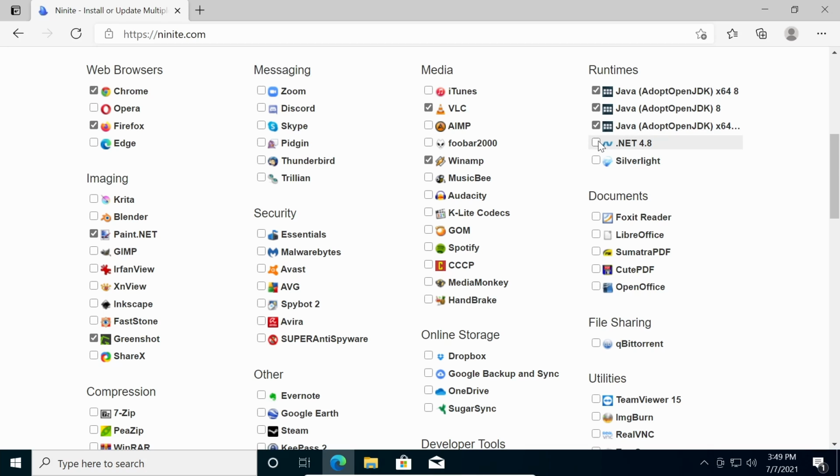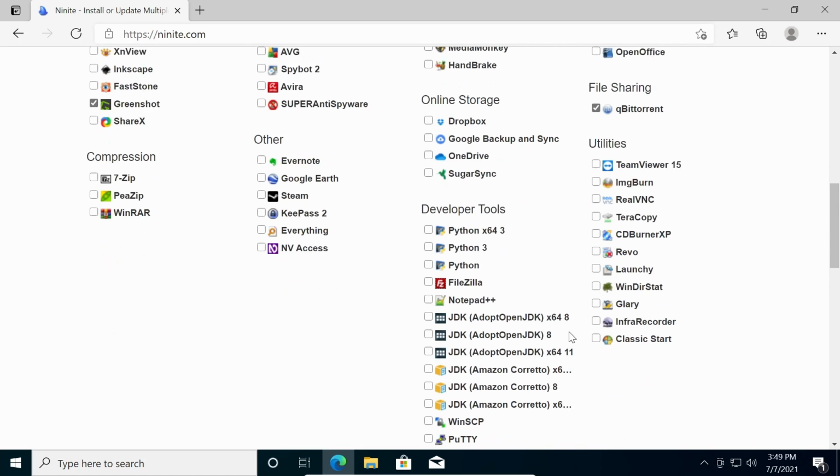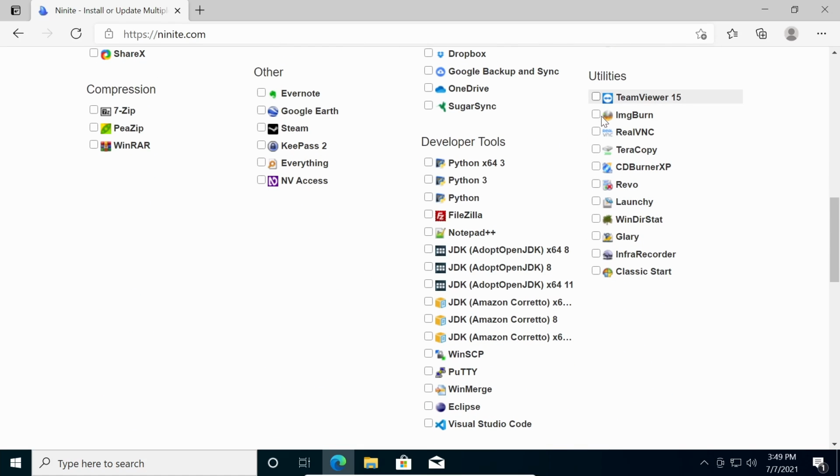I'm going to get all of the runtimes, LibreOffice, BitTorrent, RealVNC, WinDirStat,